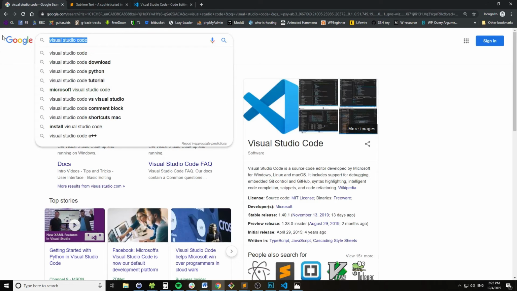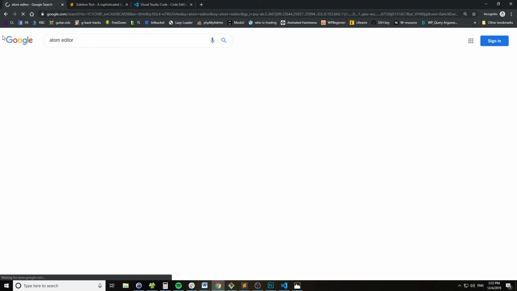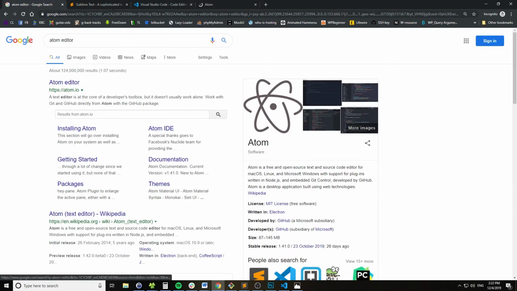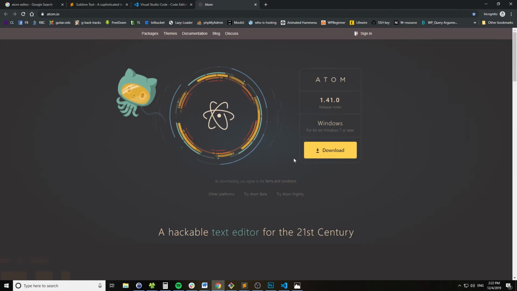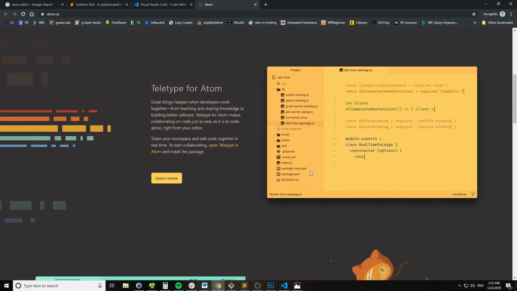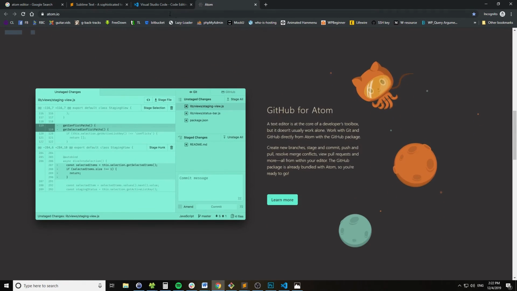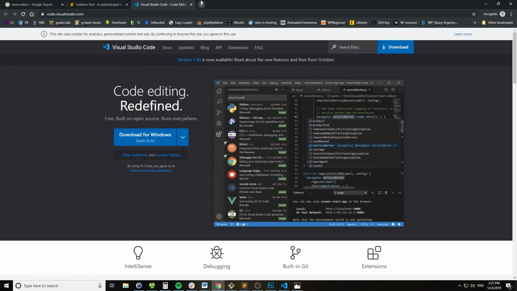Others that you might find work really well for you might be Atom. So just worth noting and checking out. On any of these text editor websites, you can find lots of documentation, extensions, and whatnot. But let's get started with the